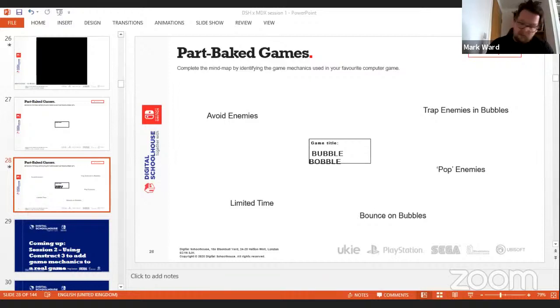You could be the world's greatest programmer and be really, really good at coding, but actually, if your game doesn't have a story, if it's not creative, if it's not imaginative, people are going to get very bored with that game very quickly. So these skills are the key to a good game. It doesn't have to be graphically superior to other games necessarily, if you can tell and craft a very creative and imaginative story